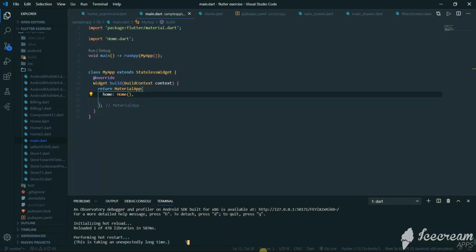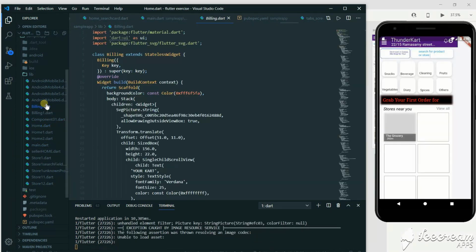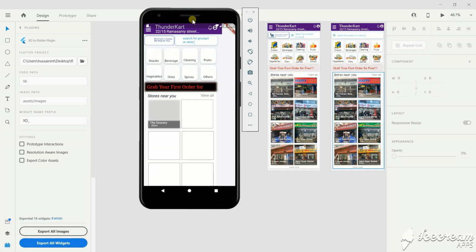So we'll run this and so the code is pretty neat there. So we got our app, but it is not as expected. Maybe because I have not given the device width properly, but the card, the grid is good.